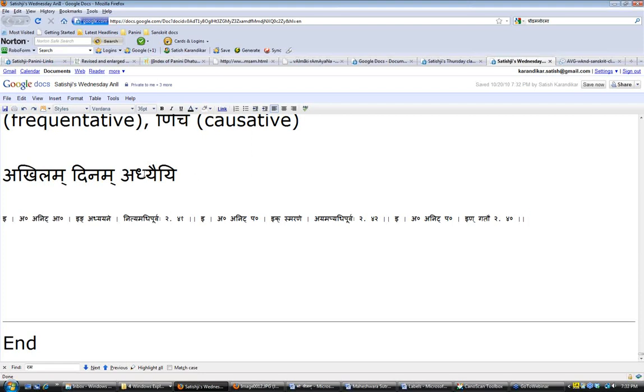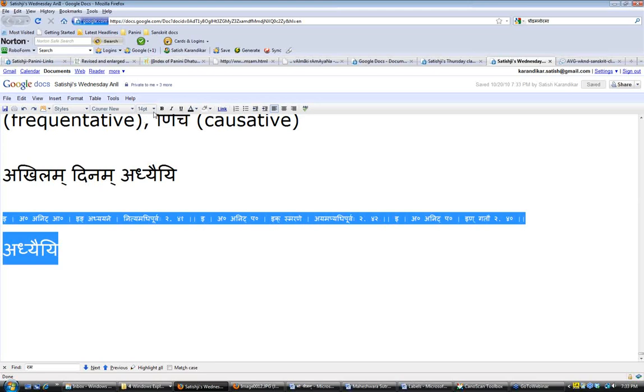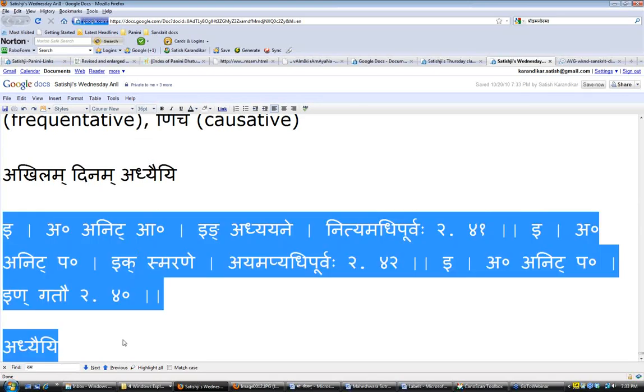All right. You want to derive the form adhyayi for us, Indu? Adhyayi. So E plus nich. No, not nich yet. This is the ani avastha. This is atmanepadi, uttama purusha ekavachana. So we start with what? Give me 1 second, let me normalize this whole thing. Okay, all right. Let's start now.